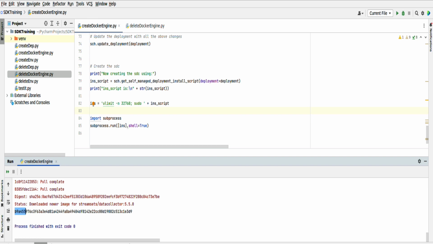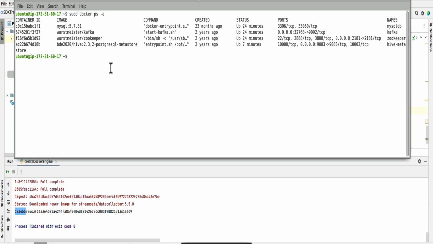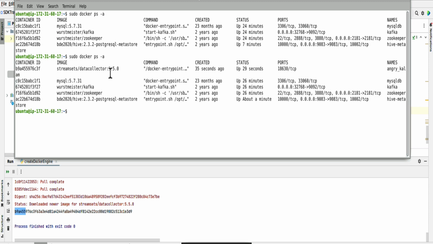So we should get a container created now called B9A455. We can quickly check that on our terminal window, again typing in sudo docker ps. The -a will tell you whether there is a container there and whether it's actually started or not. As you can see, we've got a container that is up 29 seconds. If I say sudo docker logs, and then B9A, which is the first few letters of our container ID here,